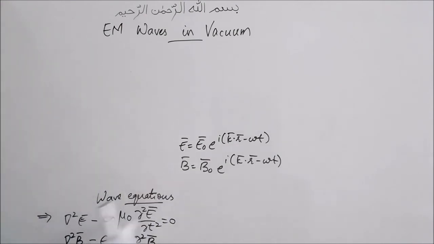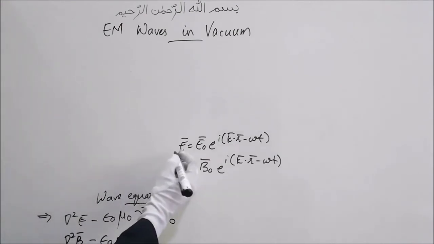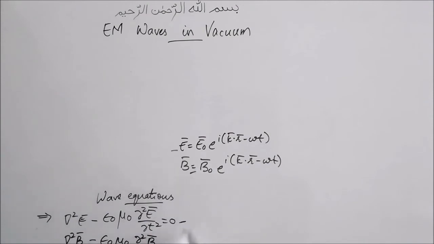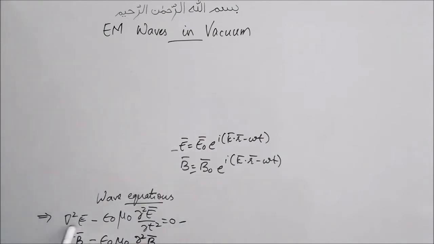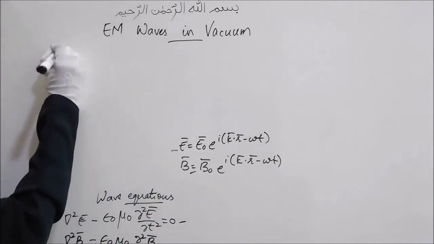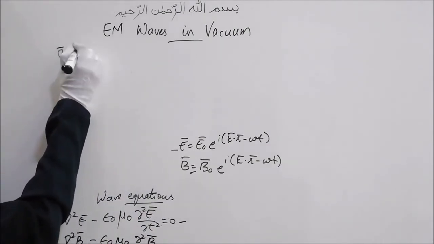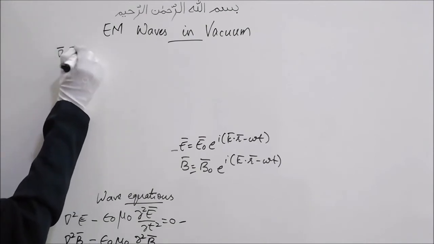Now since these two are the solutions of the wave equations, that is, this is the solution of this wave equation and this is the solution of this wave equation, we can take del squared E by del t squared, and we can also take del squared E, put those values here and equate it with 0 and get the velocity. So first I'll take del E. What will be del bar E? That will be equal to, that is del bar dot E bar, right?